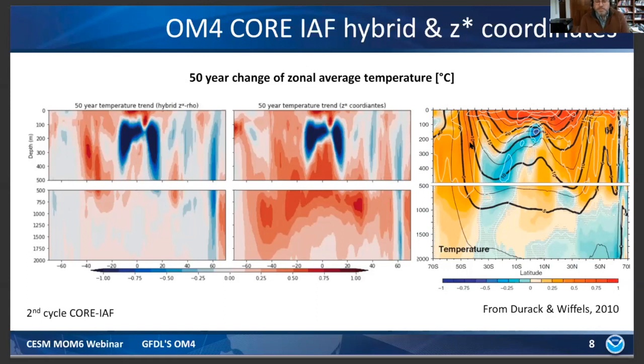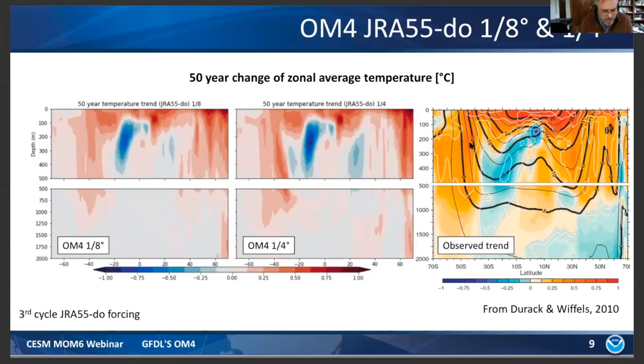This is from Dirac and Riffle's, where they looked at, I forget what the time period is, but it's a 50-year change in zonally averaged temperature. And what you see there is a blue spot, but it doesn't have the same structure as we see in the model here. And there's a large surface signature and not much happening below, say, 1,000, unlike in the middle plot there. So if you go to the next slide, slide 9, now comparing again to the same observations,